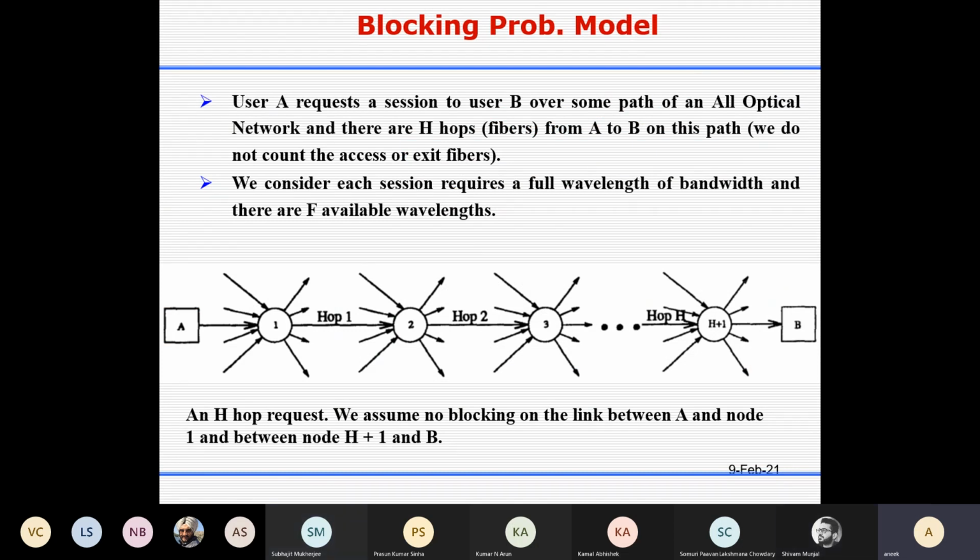So basically, so long we are considering that we do not have wavelength converter. So since wavelength converter is not there, so wavelength converter is a device which in the optical domain can change the wavelength of the signal. Okay, so if you consider it a black box like here, so this is a wavelength converter.